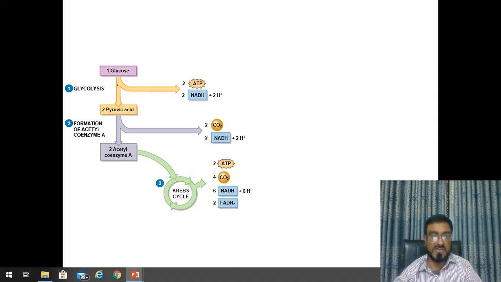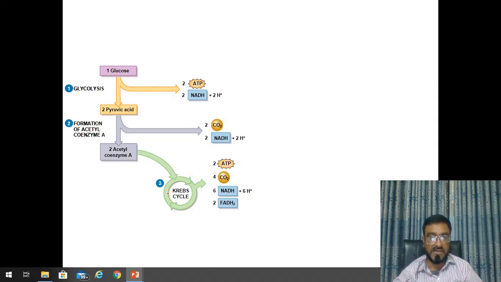There are 10 steps involved in this process. We will discuss the glycolysis process maybe in the next lecture. Then this pyruvic acid is converted into acetyl CoA, and the acetyl CoA enters the mitochondria and goes